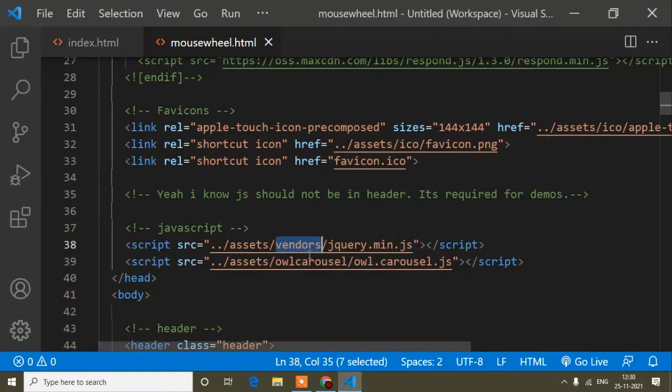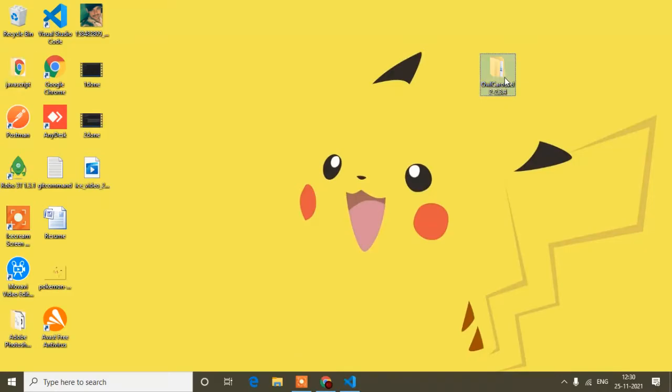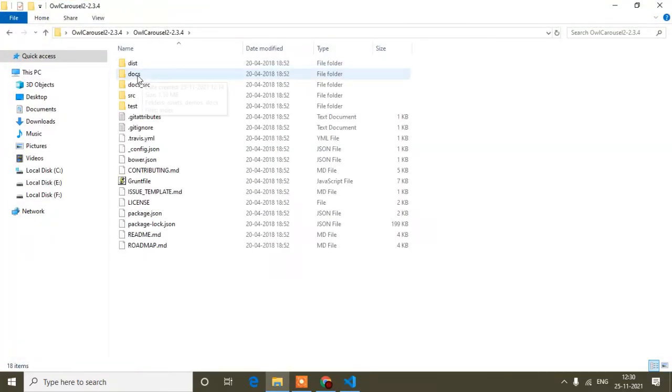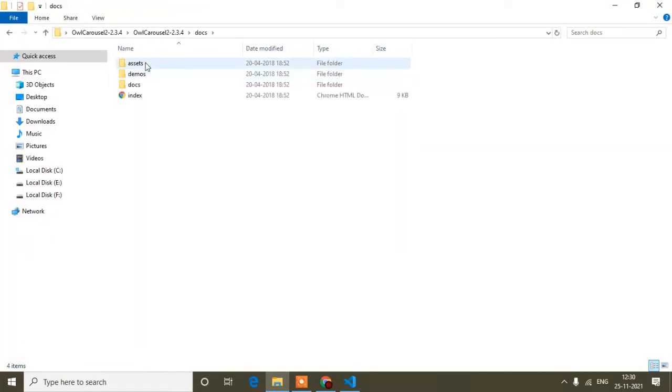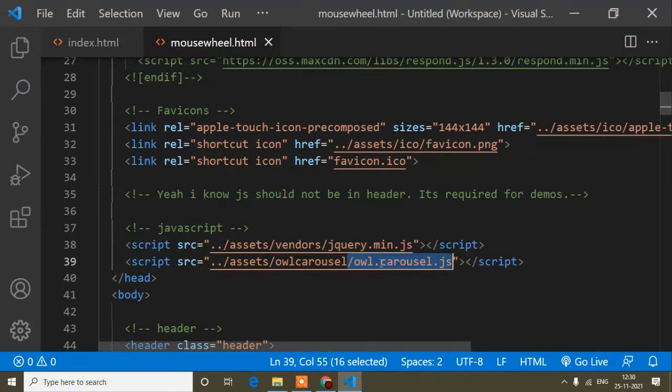This one is another, the JS, that is the assets folder, then owlcarousel, and then owl.carousel.js. So I will open this one, then docs, then assets folder, then here owlcarousel, and after that here you can see owl.carousel.js.